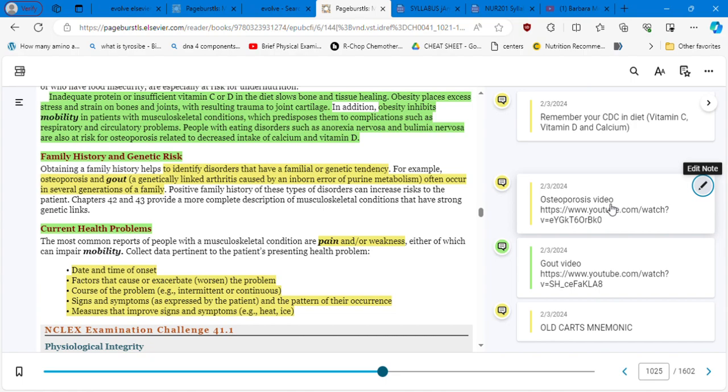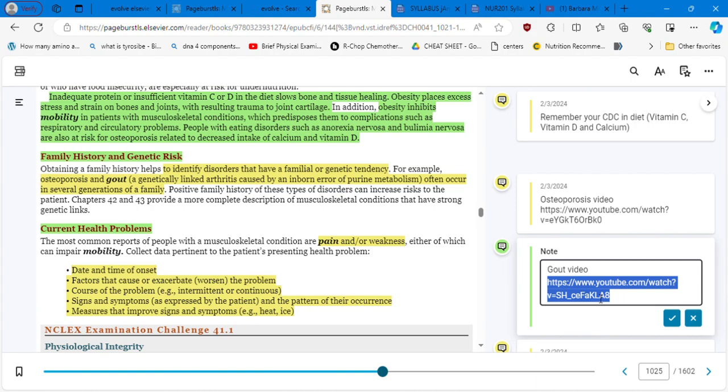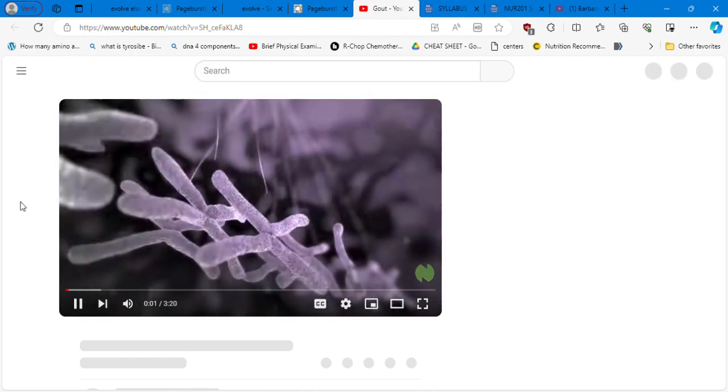Okay, let's go back to this. That was to make a clarification, okay? Because somebody in menopause having breast cancer due to estrogen, you're going to say, how come the ovary is not producing any more estrogen? How come this person after menopause is developing breast cancer? Okay, so we saw the osteoporosis, and now we are going to watch the video related to gout, which is another genetic risk for developing these bone issues.